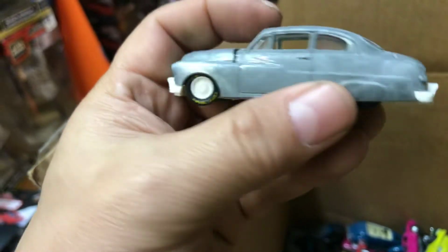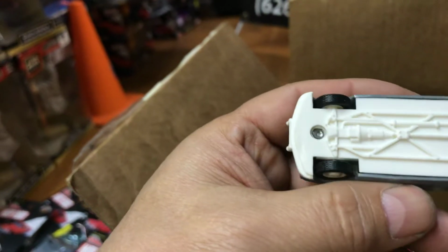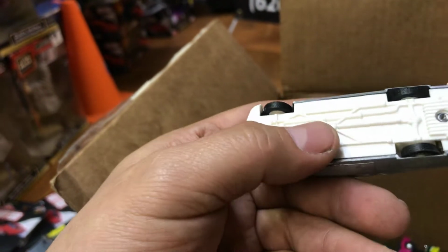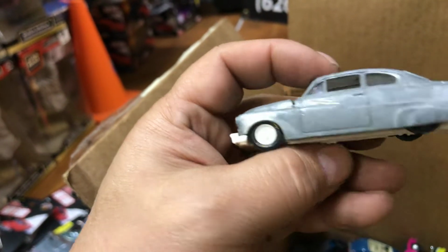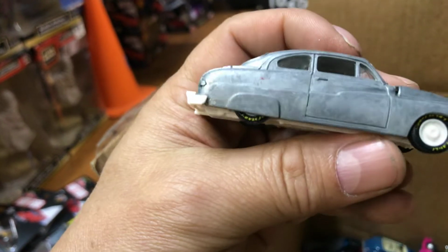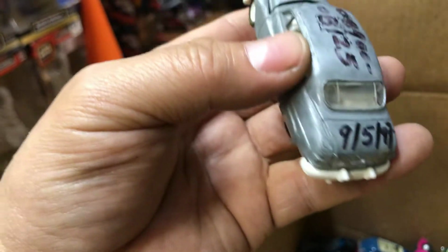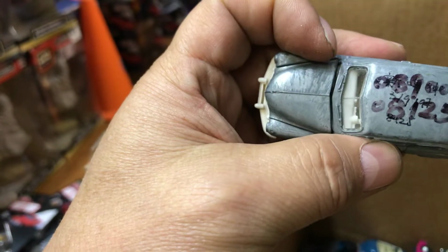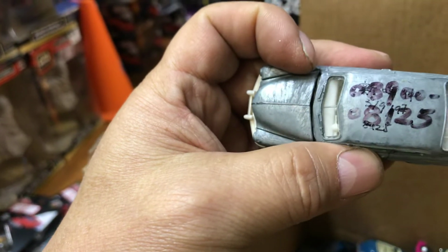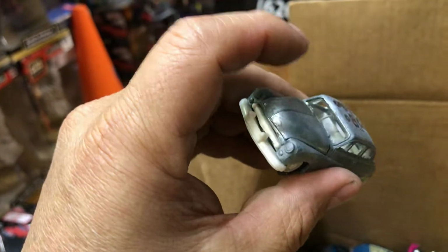Another cool one. It looks like a Merc. This is a Merc, I think, but it has nothing on the bottom, so I couldn't say. Doesn't say any brand, but definitely this is a prototype too, because it's all white. See, all metal. And it has a date on the back. It says 9/5/97 and some number and some writing on it. So I guess that's probably the way they do prototypes. Oh well. Next,